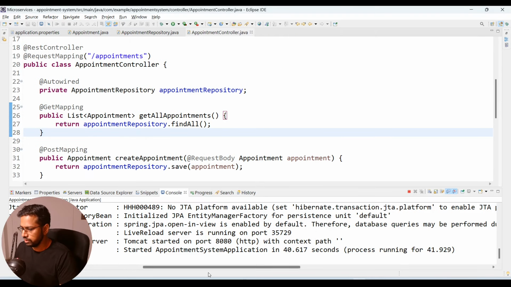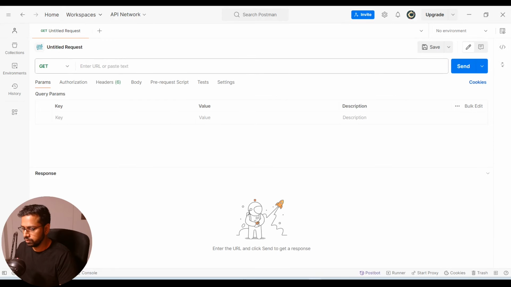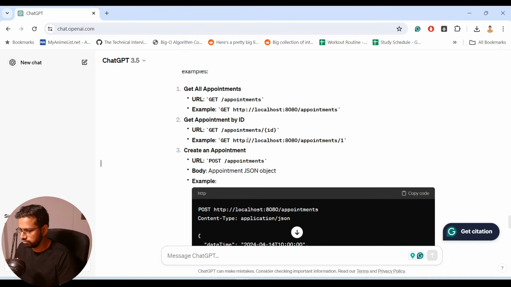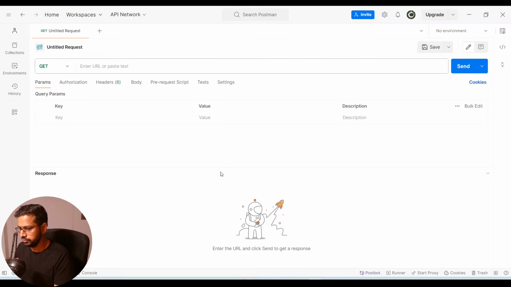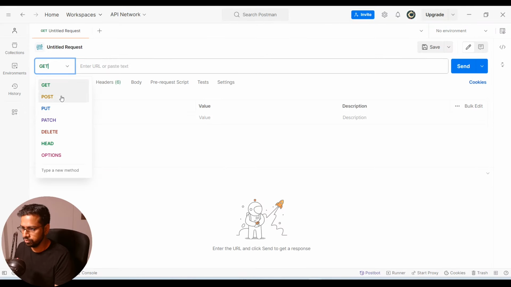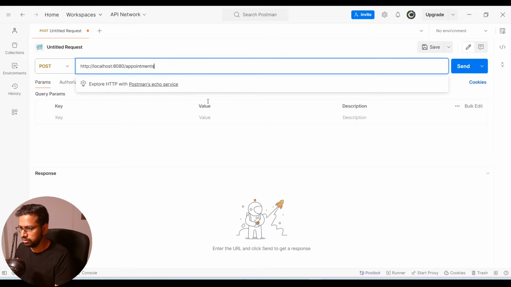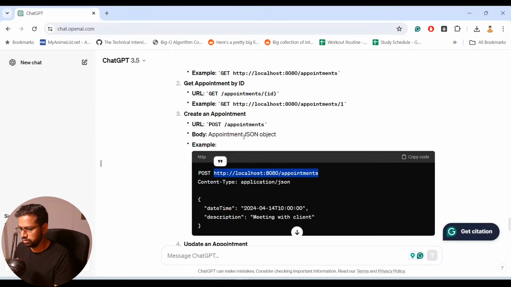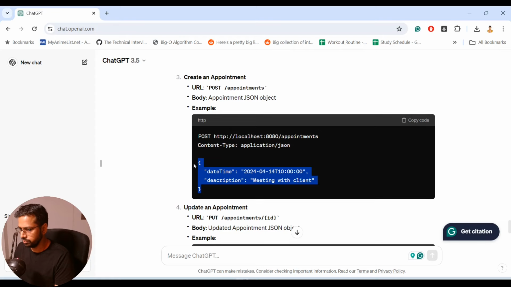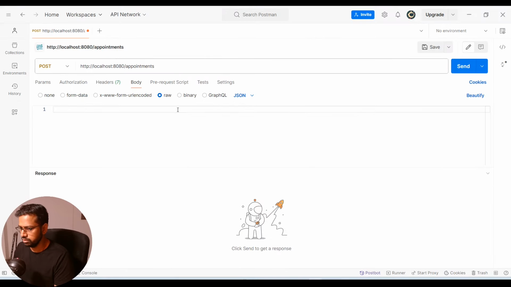Alright, so as I can see, application not started. Now what were the mappings? So let's start with our appointments mapping, this one is post, right? So let's do this first. So this is going to be a post mapping, pasting the URL, going to body, raw, and let's copy this and paste it here,